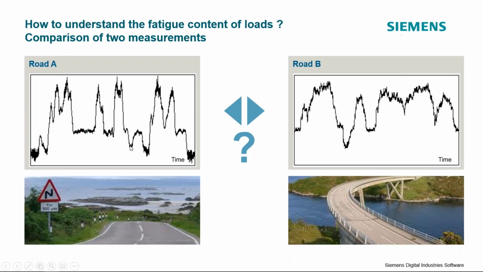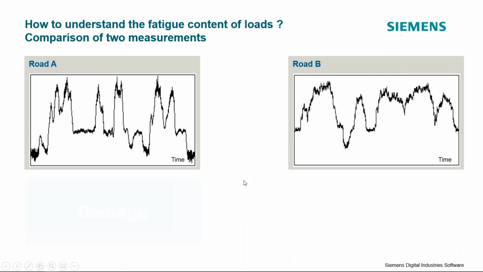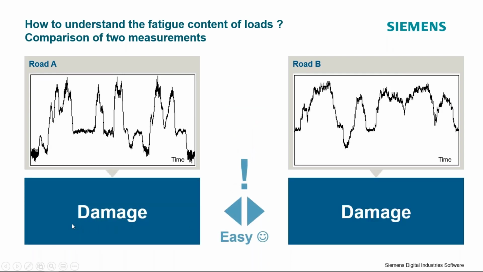And if we were to look at these two load profiles, in this case, between maybe driving over road A and driving over road B, it's much more difficult for us to say which one will cause more fatigue damage. And so we need a tool that we can use to analyze this time history and spit out a number at us, that tells us which one has more fatigue damage potential. And we'll use damage calculations. We'll use something called Miner's rule to calculate how much damage a particular loading curve contains.